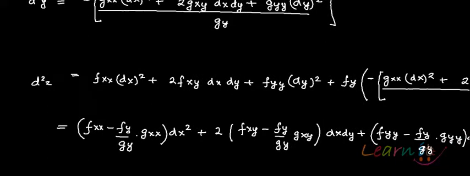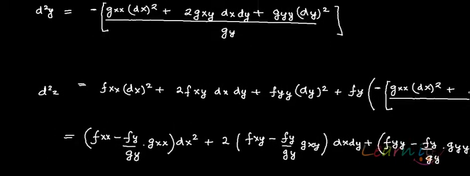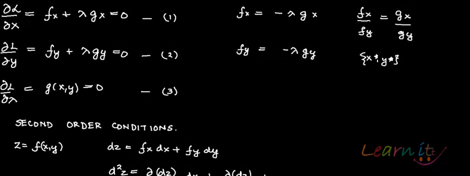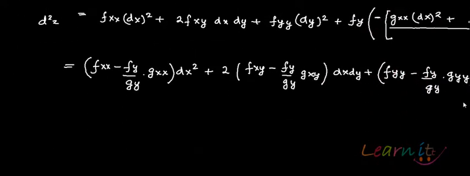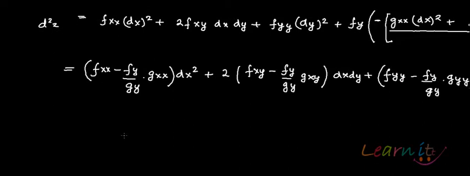While in case you look at it, from the above equations, if you remember, this is what we have calculated: fy is equal to minus lambda gy. So you can substitute it here. Wherever fy is, you can write minus lambda gy. Or for that matter, lambda is equal to minus fy by gy. So wherever fy by gy is, you will be putting lambda. So what you will have eventually now is